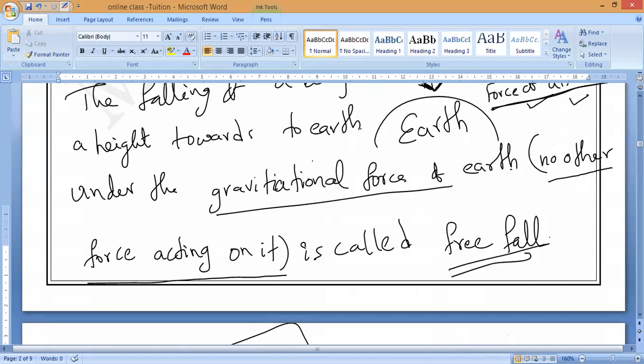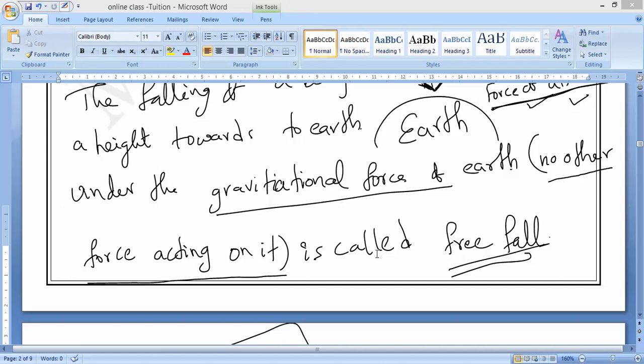They are not depending on their masses. That's all. Okay, guys? Whatever the object near the surface of the earth, everything will fall towards the earth only. If you drop anything from the roof of your house, everything will fall towards the earth. Understanding? But earlier we have studied that lighter objects fall slowly and heavier objects fall more rapidly when dropped